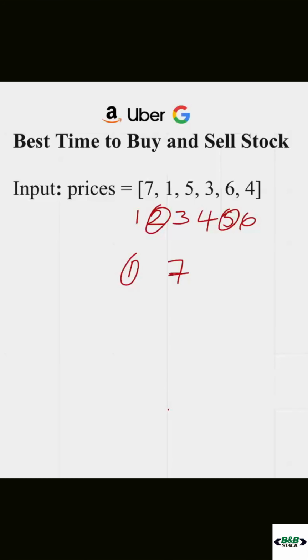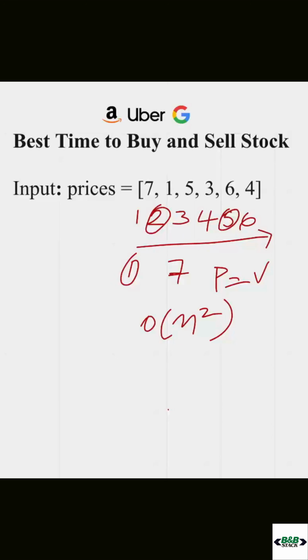So coming to the brute force solution, you could buy it on day 1 at a price of 7 and go on selling it on all the other days to get the maximum profit. So you could keep track of selling it on all the days and keep track of the profit. This would take a complexity of big O of n square because you will keep an element constant and subtract